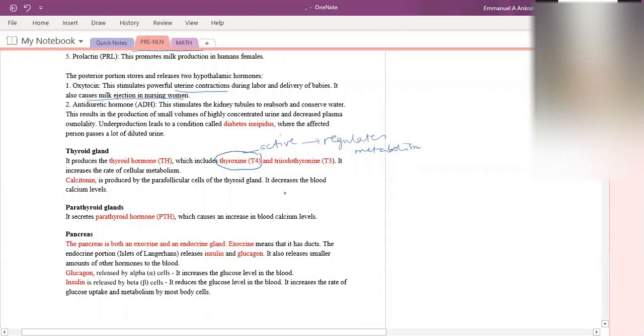Now, let's talk a little bit about thyroxine. The thyroxine needs iodine. You need iodine for its production. So that's why it's a triiodo. Triiodo means iodine. 3 iodine is needed here. So if you take thyroxine,